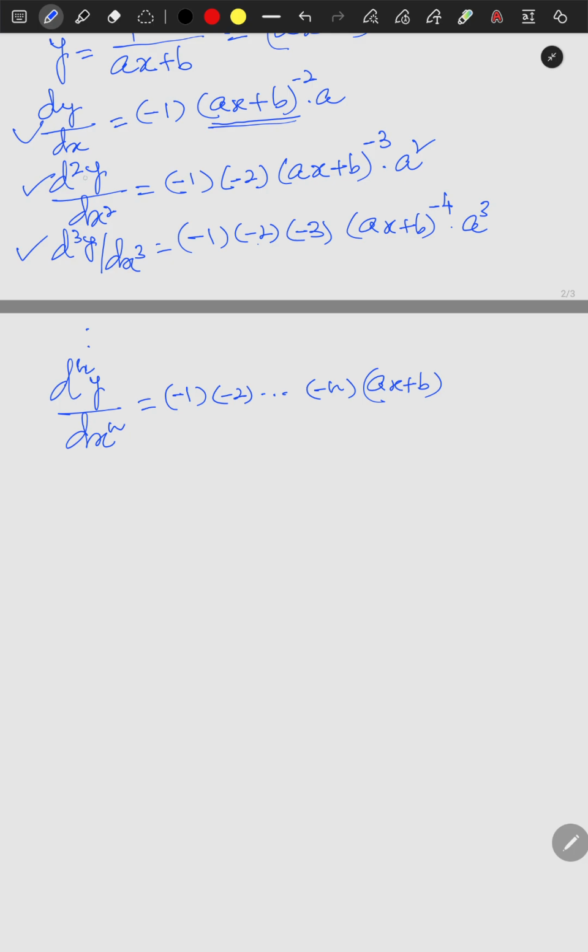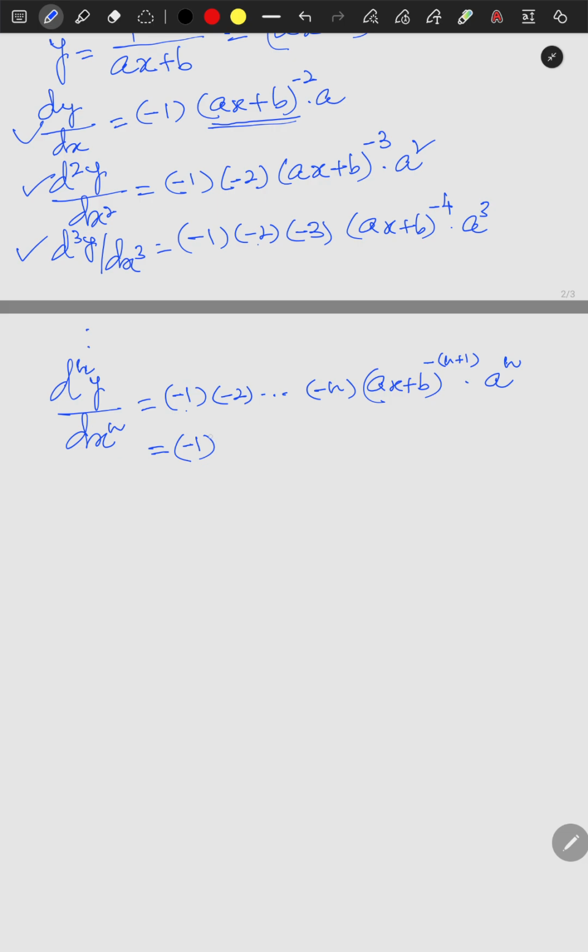So from here you can see, first order derivative we are having minus 2, the second order derivative we are having minus 3, and the third order derivative we are having minus 4. So the nth order derivative we are having minus n plus 1. Okay, and here we are having a to the power n. So you can see that here we are having minus 1 minus 2, so in total we are having n negative signs. So you can take this